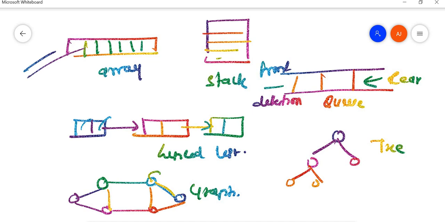If in exam they ask in a particular way, for example, write the primitive and non-primitive type on the basis of, then you have to write it the particular way. But if they ask only to write about the types of data structure, you can go for primitive and non-primitive type. I hope you understand these types of data structures.